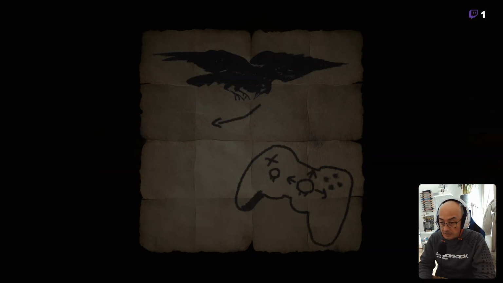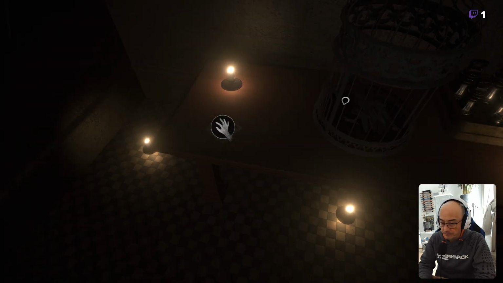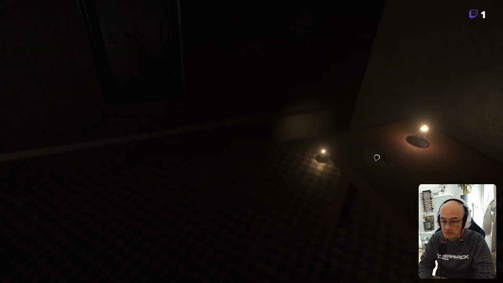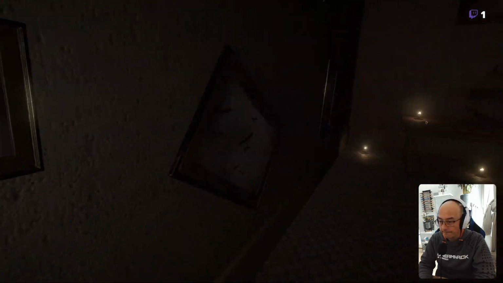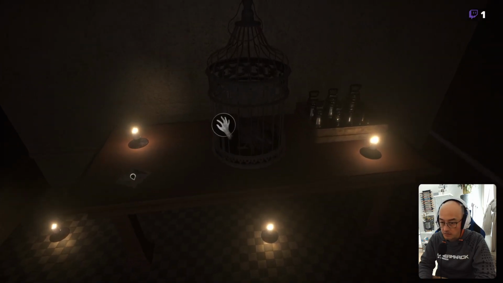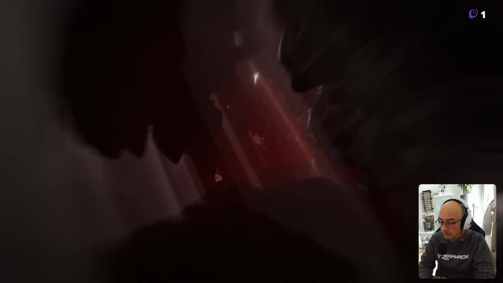Here you also have a hint of a bird and a gamepad. What does it mean? We will see in a second. Yeah, taking a look not to miss anything. And here you are a bird, and the gamepad meant you can control the bird, so it's no cinematic.